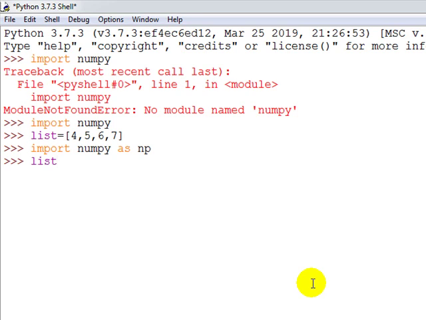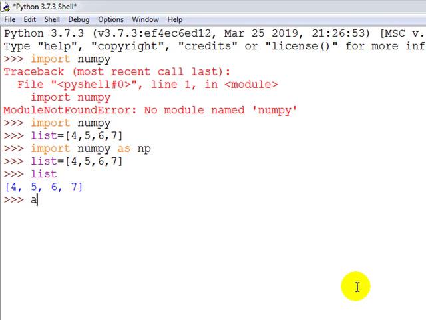So first import numpy, then create a list. List is equal to 4 5 6 7. Now for example, if I print list, it is showing like this.